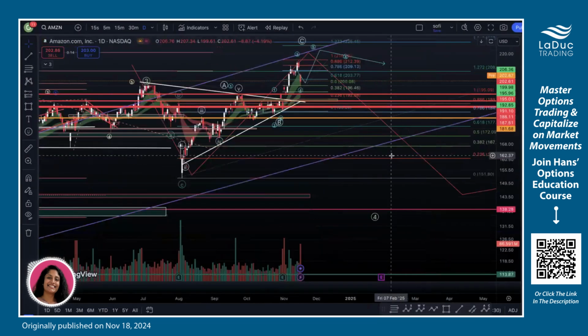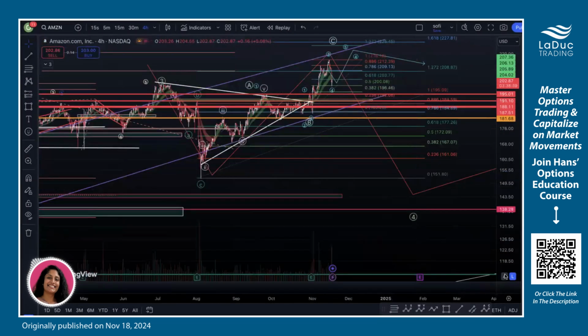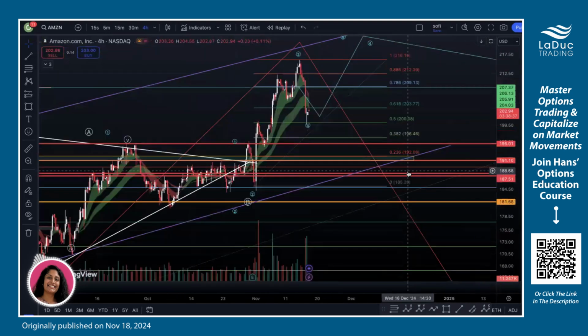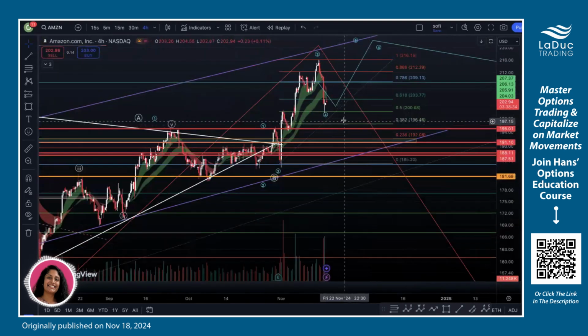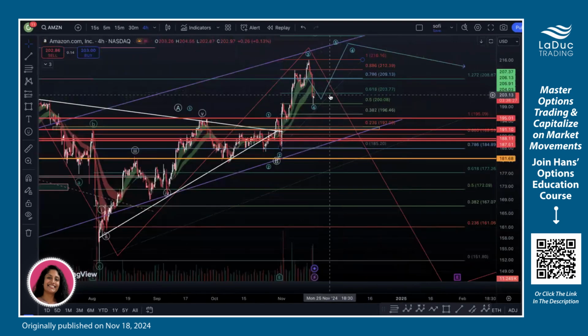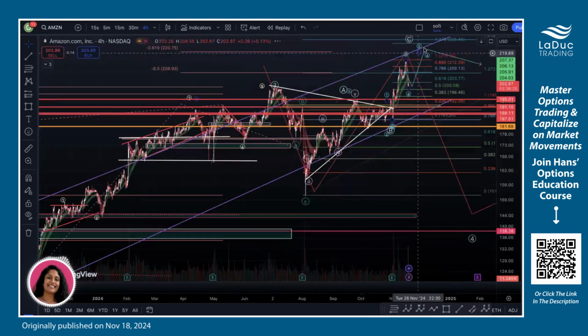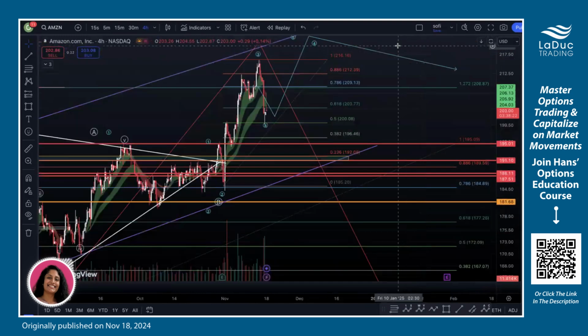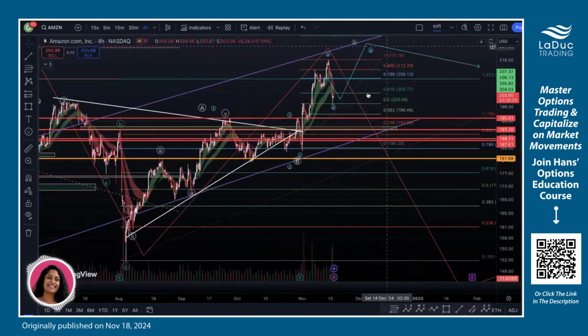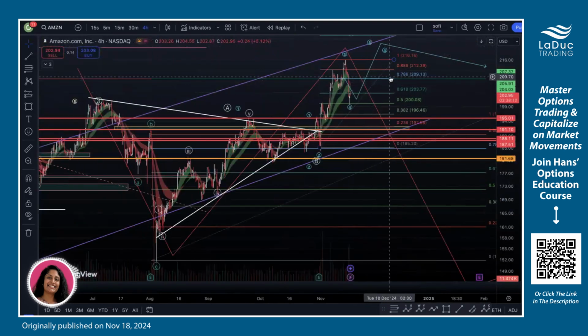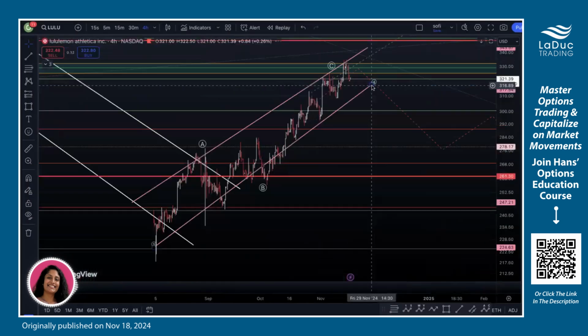We go back to Amazon. Now that it had a little bit of selling, we can trade it again. And you can see here, ideally, as long as we stay over 197, I'm bullish Amazon. So for me, we need to get over 204, 205. We break that, then I think we can still go test the top of the channel at 222, 225. So yeah, for me, as long as we break 205 at minimum, I think we can test 210. It is due for a bounce on Amazon. So that's why I have Amazon on this week's watch list.